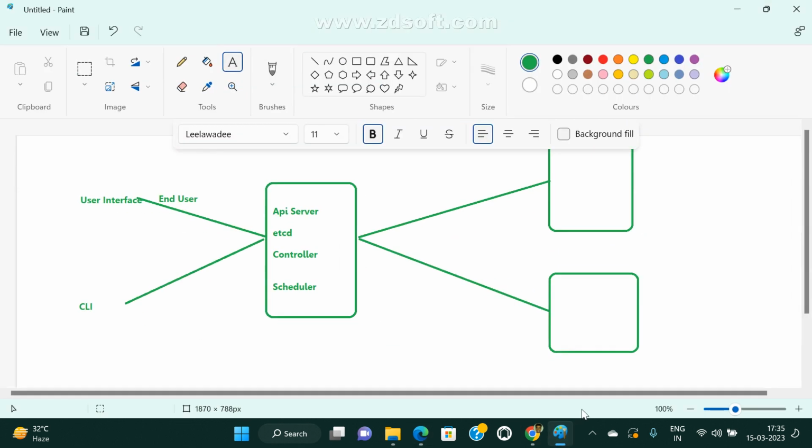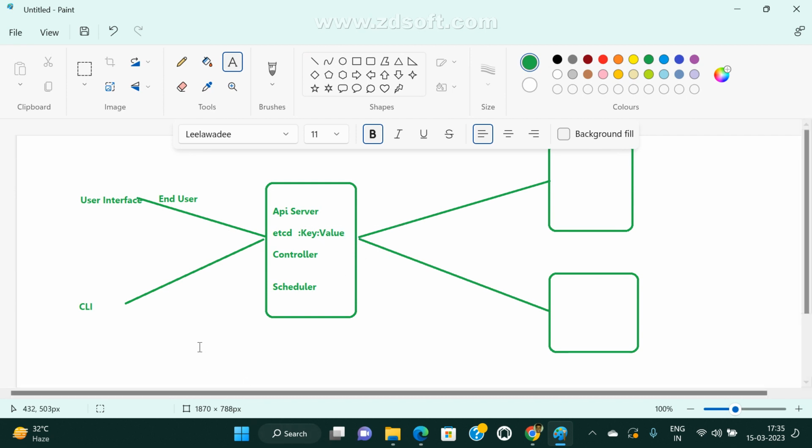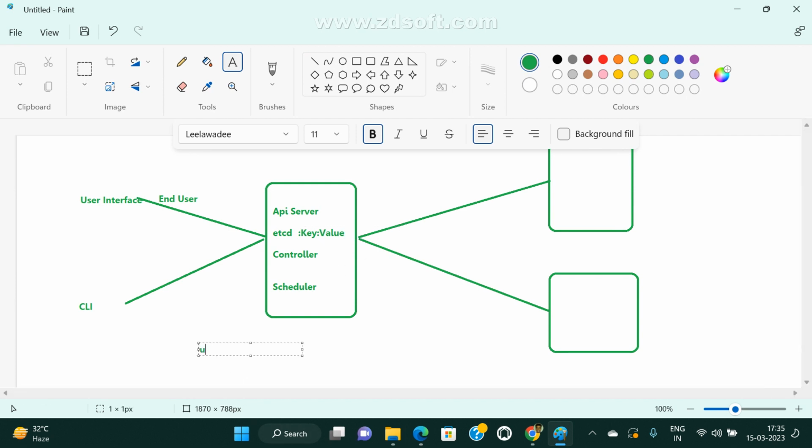etcd stores data in key and value format. For example, the username is the key, and name equal to ABC is the value. Similarly, password is the key, and the actual password is the value.